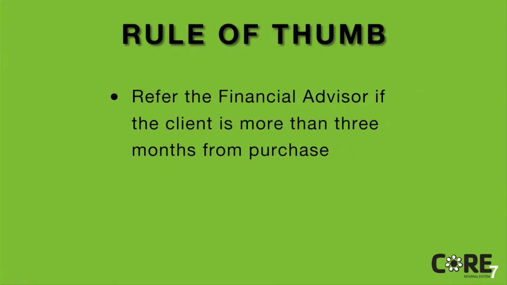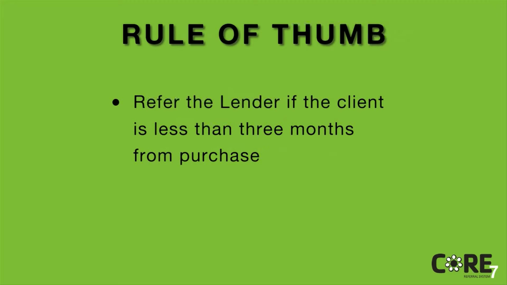But the rule we use for the Core 7 Realtor is if the client is more than 3 months from purchasing a home, the financial advisor should be introduced by the realtor. And if it's less, the realtor should introduce the mortgage originator. We believe that in many situations, the financial advisor should be the first contact to discuss how real estate fits into the client's overall financial plan. For example, to review which accounts are best to take the down payment from based on the tax benefits. Maybe to set up a savings plan or to handle many other financial decisions that should be considered at this point.